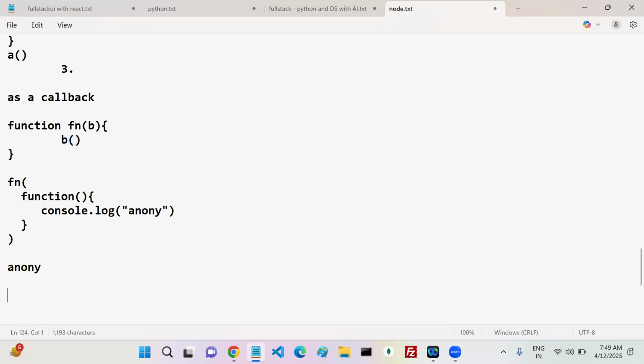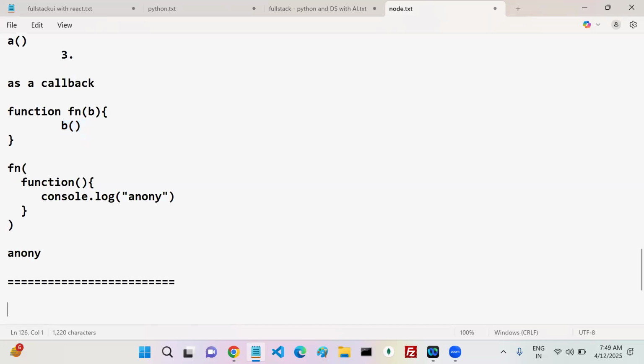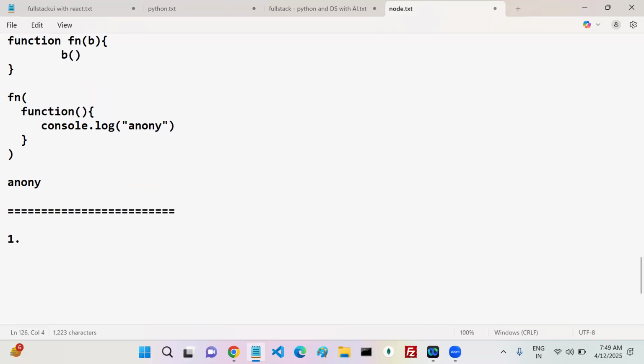While calling, you may pass some values to that particular function or not? Yes or no? While calling a function, there may be a chance of passing some data. Is the possibility there? Can anyone give an example of that kind? I gave one function to you, and while calling that function, you have to pass some data. How can we do that?